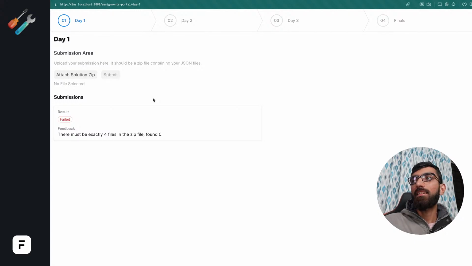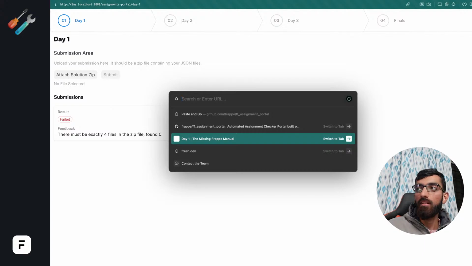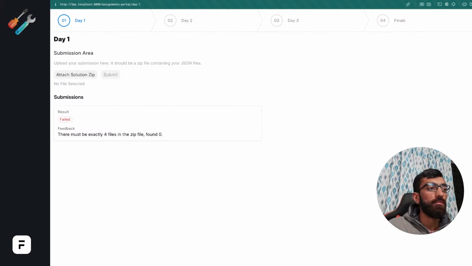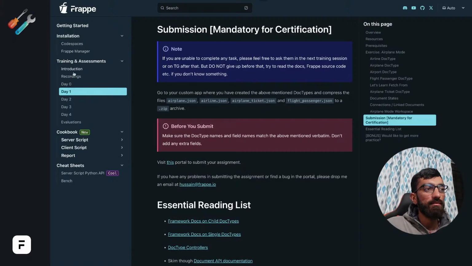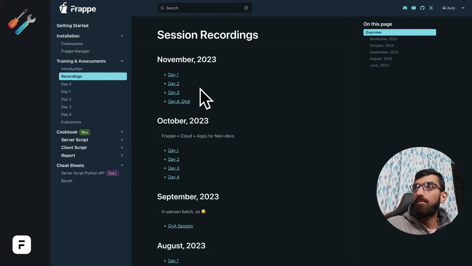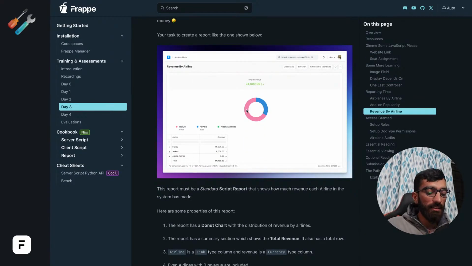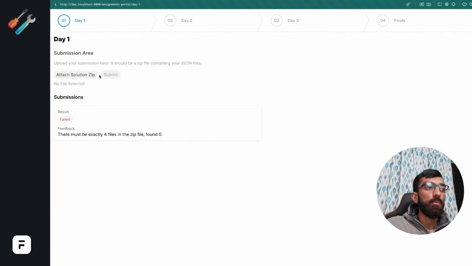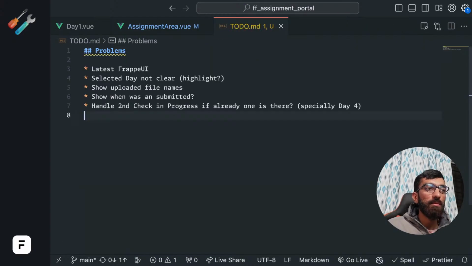So I am just fixing the portal. So this is the assignment portal we use for submissions in Frappe School. So if you go to manual.buildwithusand.dev, you can also take this training yourself, right? Watch the trainings, give the assignments. This is open for all. So the automated checking is done in this portal. So the student comes here and uploads his assignment, and it checks and gives the result back. So I worked on it 6 months ago, and now there are some maintenance stuff that I need to do, so I upgraded to latest Frappe UI. We can check this off,